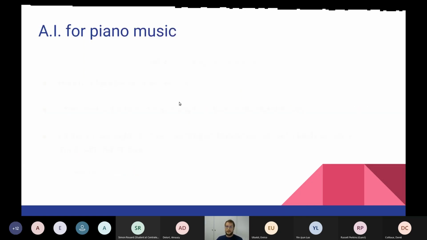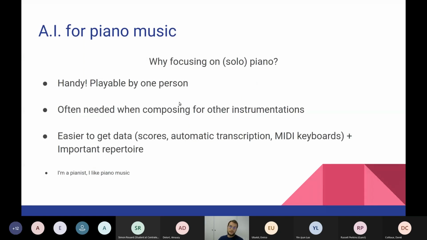And so now we focus more on the AI for piano music. So why, you could wonder, why piano music? It's quite nice still because at the end, if you are alone, you can still play a piece, a piano piece. It's quite handy and you have important repertoire. And also composing at the piano can be seen as the first step when you are composing for other instrumentations,